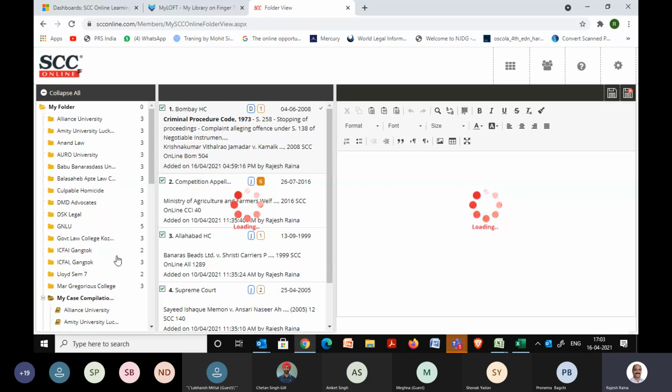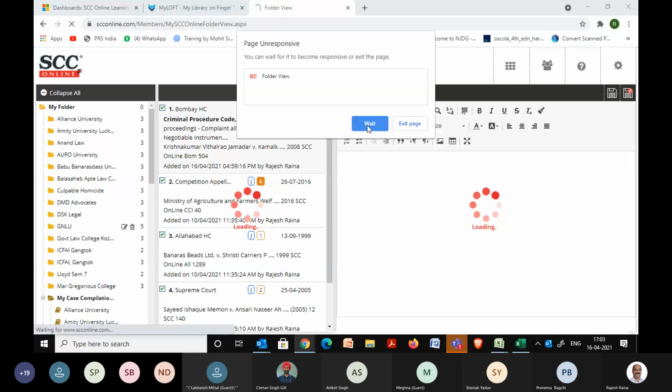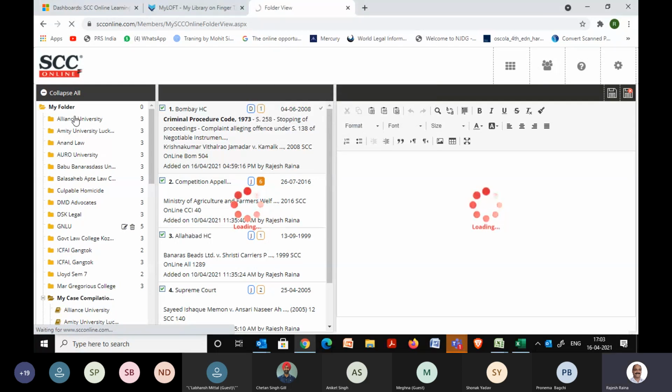So it's taking a while. Let me just pull out any of the other ones, previous ones maybe. Just give me a sec. I'll just try to retrieve an existing one. There's a huge list of these folders that I have created. Among those, we can just retrieve one at this point of time just to show you how it looks. See, usually it takes a few seconds, but I think it is very dependent on the internet speed.